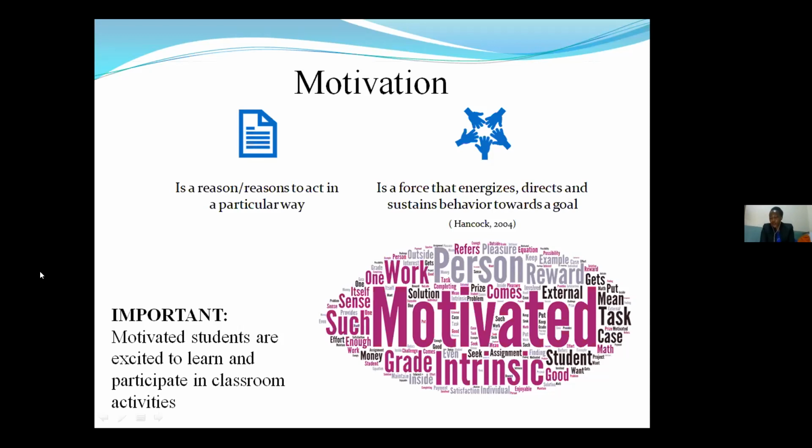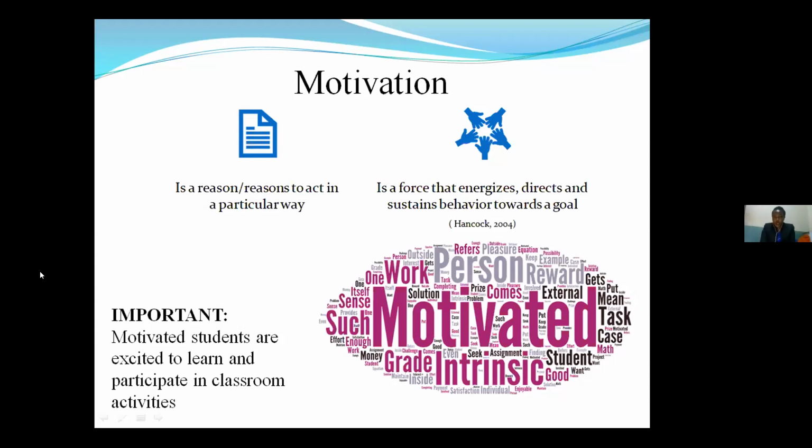In the case of English language learning, there are various forces that can force a student to learn English. Others learn English just for communication skills. Others learn English so as to achieve business goals. Others learn English just to communicate with people on the internet. So all these things that force these students to learn English are what we call motivation.